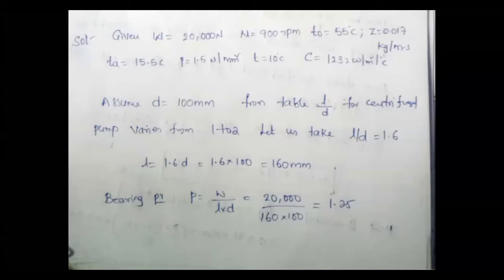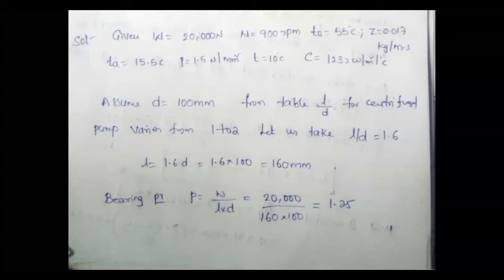You please observe. In that particular case, you are having the bearing pressure value. The bearing pressure value will vary from 1 to 2. You please observe those things. Your bearing pressure value will be varying from 1 to 2, and the corresponding L by D ratio is 1.6, or maybe it may be varying. The L by D ratio value may also vary.